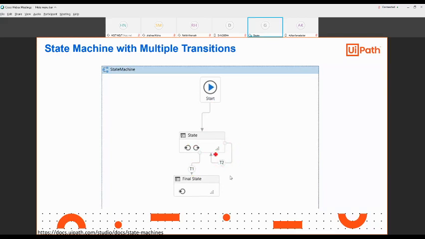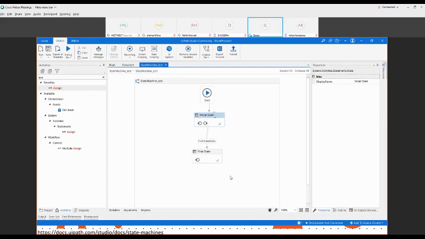Now I can show you one example of multiple transitions. Suppose you don't want to increment the number, you want to simply ask for a number input again. If your number matches, then you will go to output, else you will not go to the output window. So you can see how to make it again. They are asking to add one more state. I can give it a name, wrong choice.